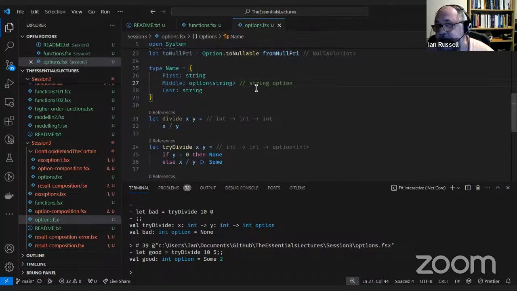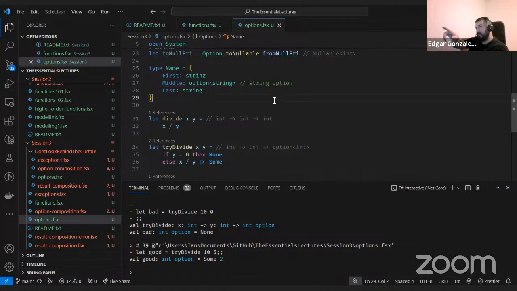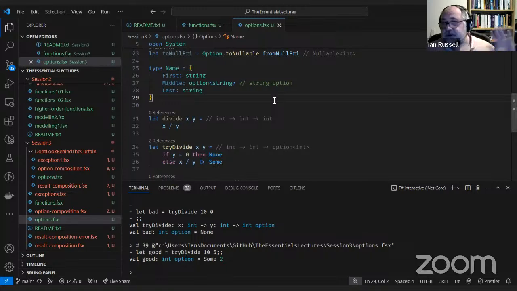People that have been doing F# for a while use string option. The fact that the IDE uses option in the inline hint at the bottom is something that might be interesting to see if it can be changed, to have the same consistent inline hint information. I don't mind either way, to be honest. As long as you're consistent, I don't think it really matters.